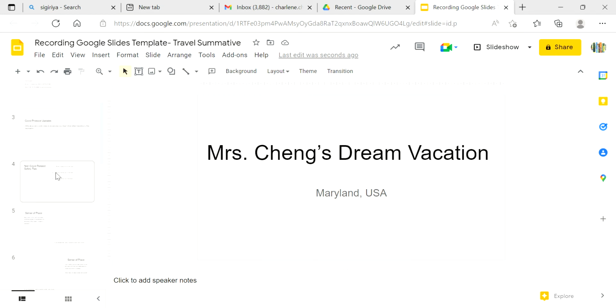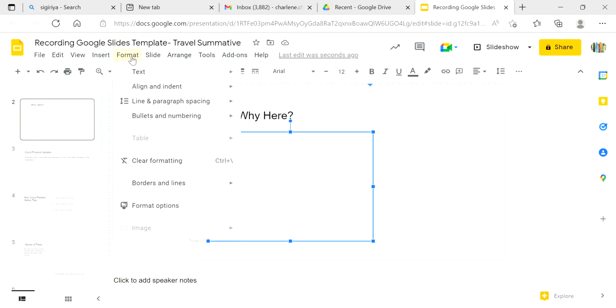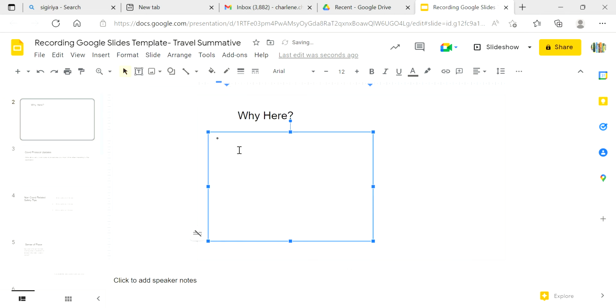The last thing I'll point out is if you do decide you want to do bullet points, so let's say here you didn't want to write a paragraph, you just want to do bullet points. Instead of typing out your answer, you could delete this and you just simply go to format, bullets. You could do numbers or just circles. Here you can make your font bigger so it's easier to see, and you could say here, why am I going here? You could discuss some of the key things you're going to see if you don't want to write a paragraph. So in my case, it would have been, I want to go to the Denton